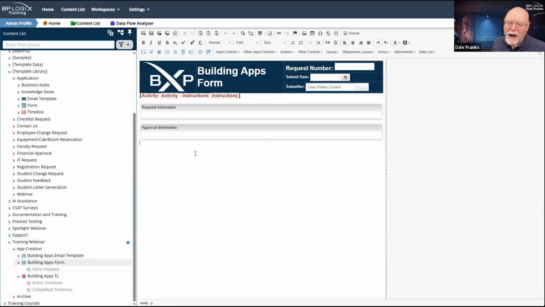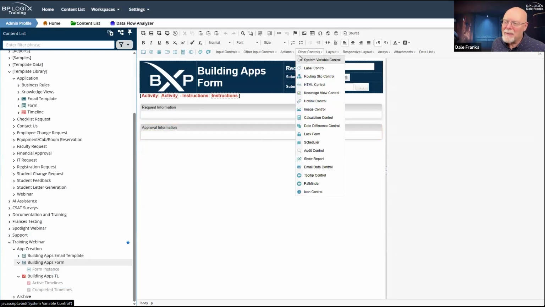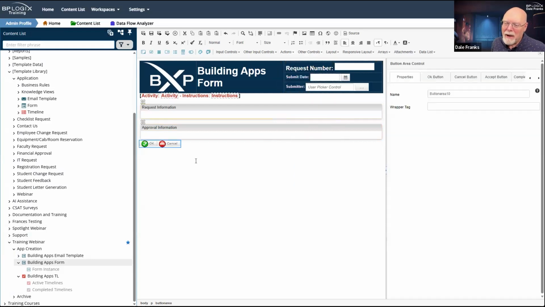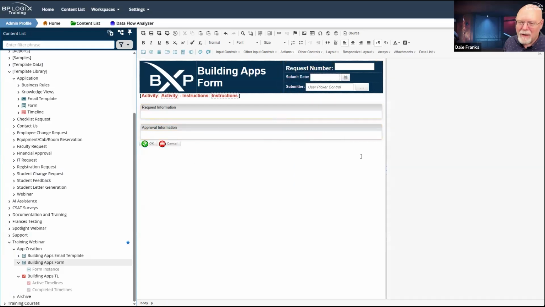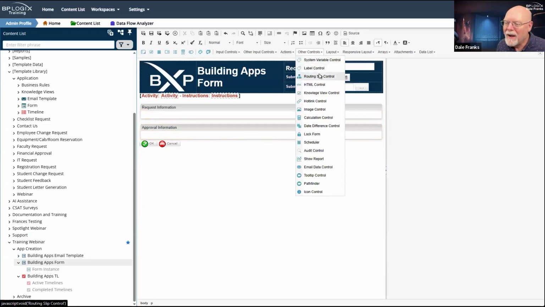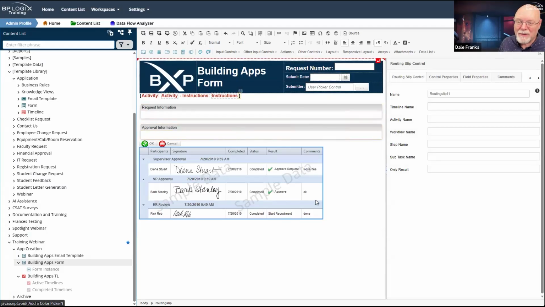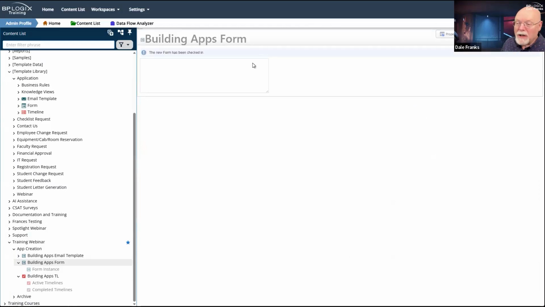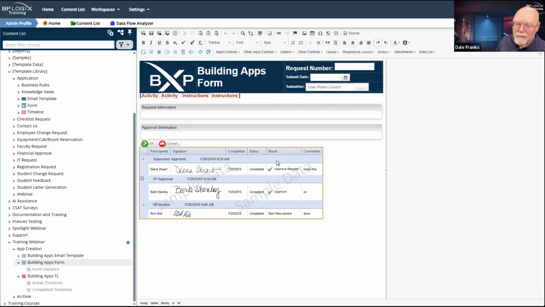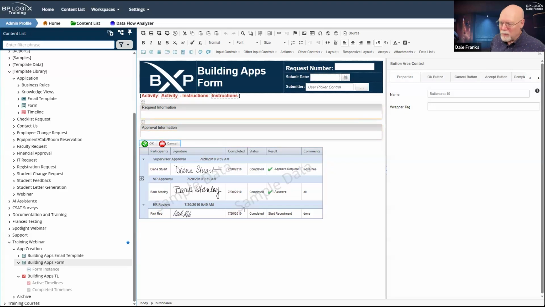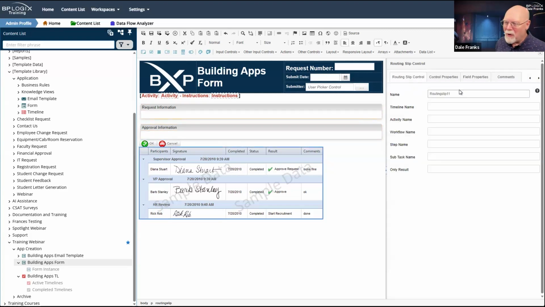It sure would be nice if I had saved my button area control and my routing slip control, which clearly I did not. I thought I saved it, but fine. We will save it now. I'm going to check something now. What just happened? I put these controls on the form. I configured them. Well, I didn't really configure anything, but at least I stuck them on the form and they had their regular configuration. Then I left the form and they got lost.